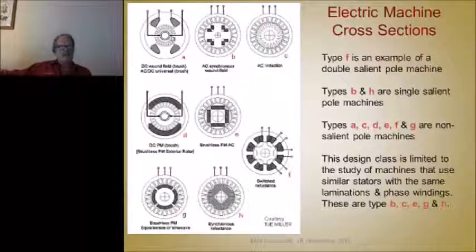So it commutates itself, it rotates, but then as soon as it rotates, it shorts out the next bar and energizes the next coil and shorts out the one before it. So rotation is continued. If you reverse the polarity of the voltage across these two terminals or across these two terminals, you change the polarity of the flux generated by either the stator or the rotor. If you have permanent magnets here, then you just change the polarity of the